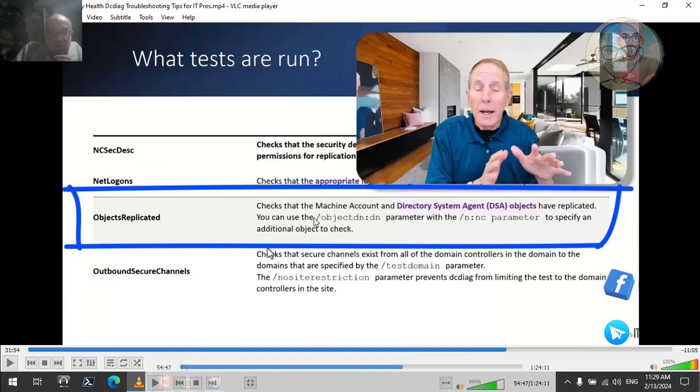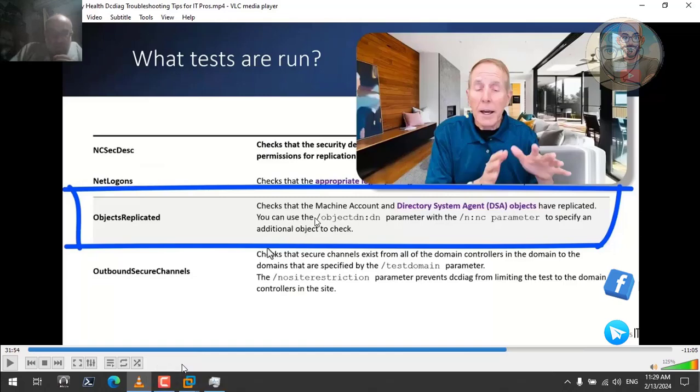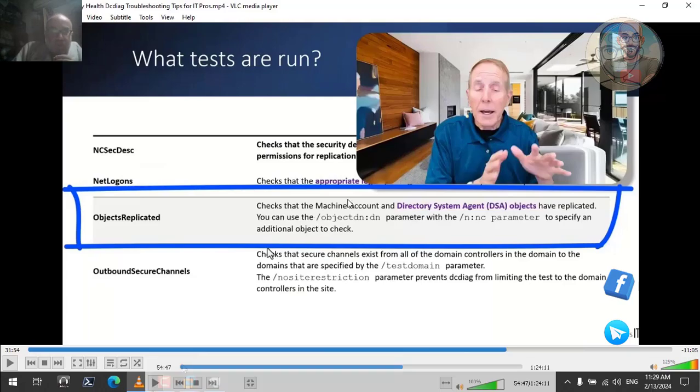So this is a very good test to make sure if one object, a user or a computer, is replicated or not. You do not need to see if the whole replication is done. I need only to check for one simple object if it is replicated or not. Okay, so let's see